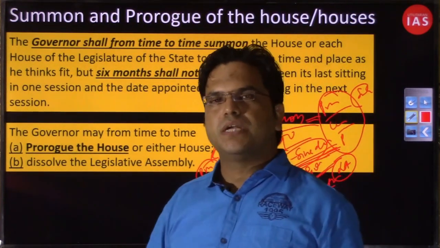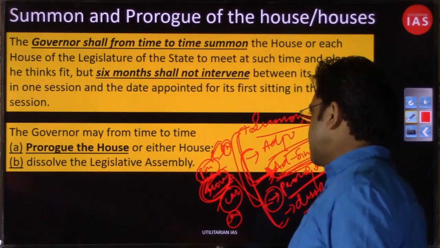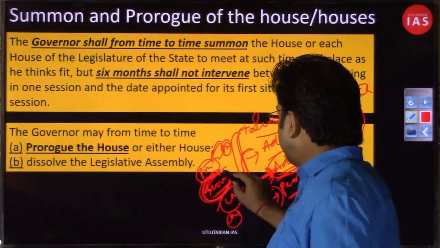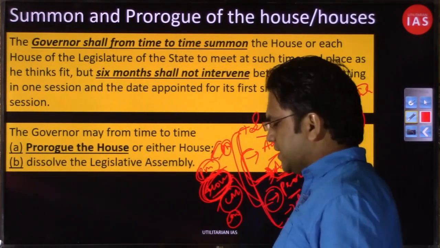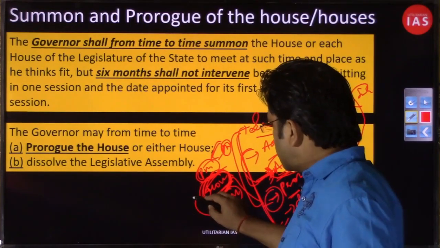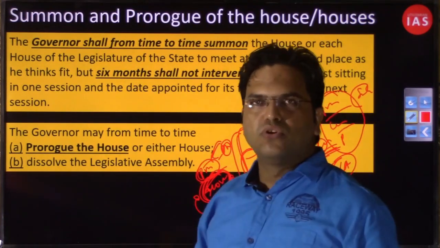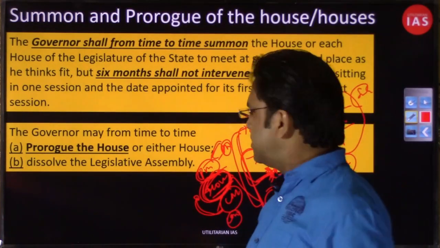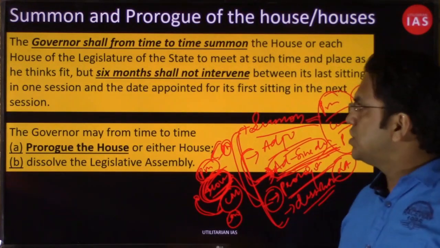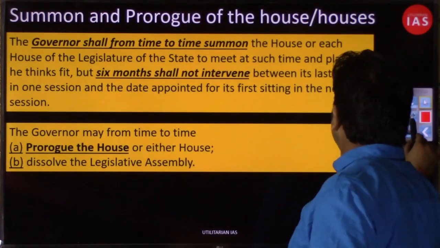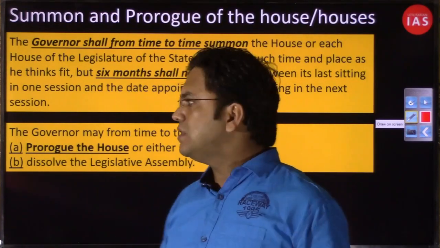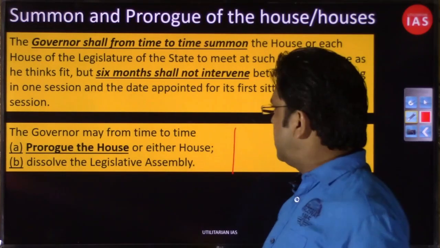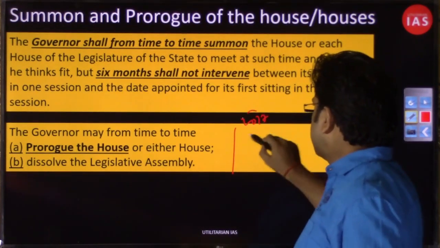Again, this is a constitutionally vague area, where the constitution has not completely declared whether the governor at the state level, and the president at the central level, will always function, as far as this summon and prorogue notification is concerned, guided by the chief minister or not. This has not been clearly mentioned in the constitution, and hence the result has been that at times governors have acted in a discretionary manner. In 2017 you had this Arunachal Pradesh example